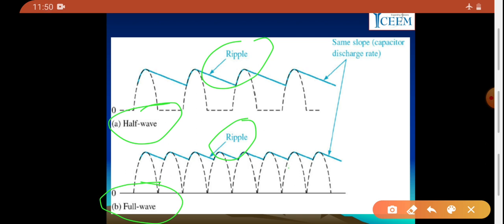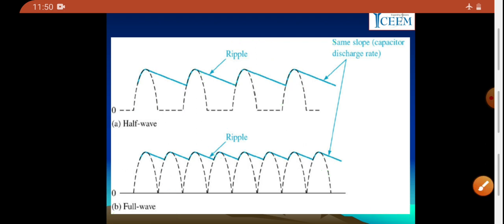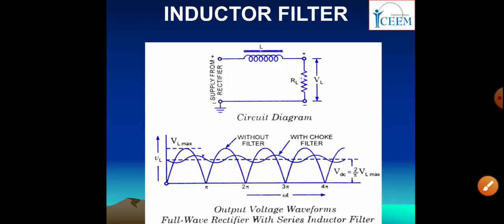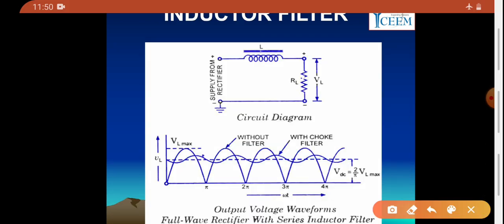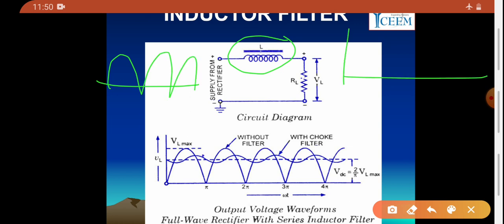That slope depends on the gap of the waveform. In full wave rectifier, both the half cycles are present. In half wave rectifier, only positive half cycles are present and negative half cycle is absent, so ripples are more. Now next one is the inductor filter. As you can see, the inductor is used in series with the load. So again same input signal you can apply to the filter, and you will get the output like this. So with less ripples, positive waveform which is above the ground.